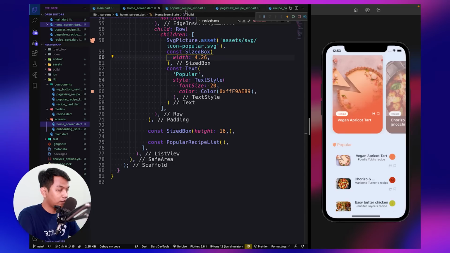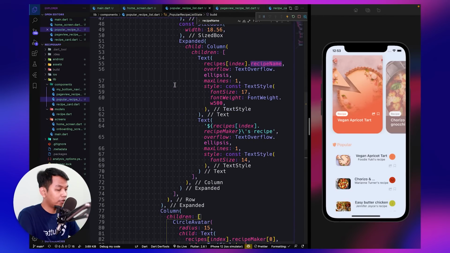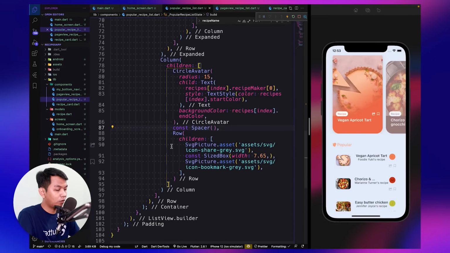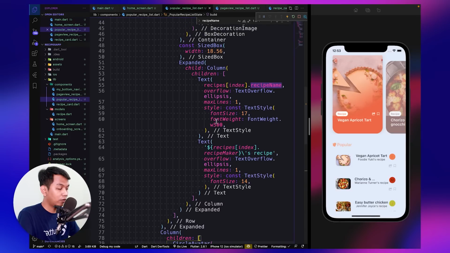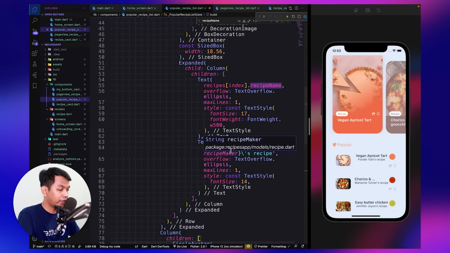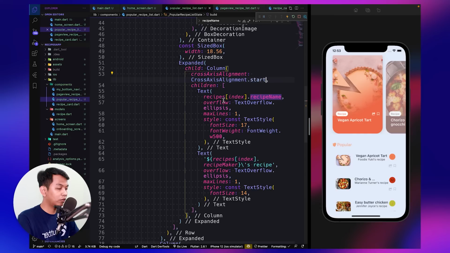So let's pick the popular receipt list, and it's inside expanded. So let's go to expanded, which is the receipt name and receipt maker. Inside that we say cross axis alignment, set it to start. Yeah, that's right.